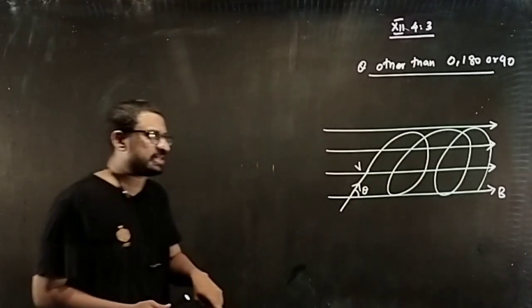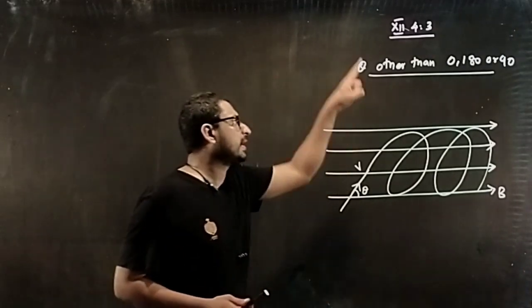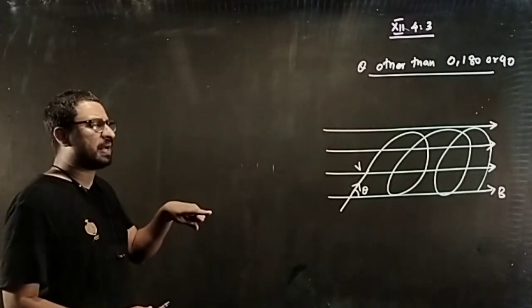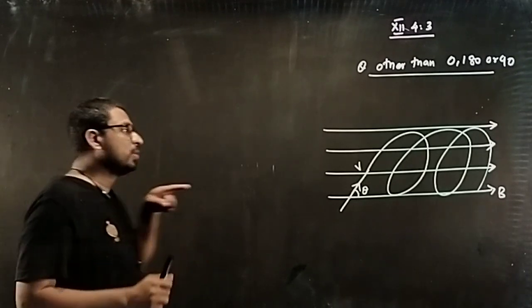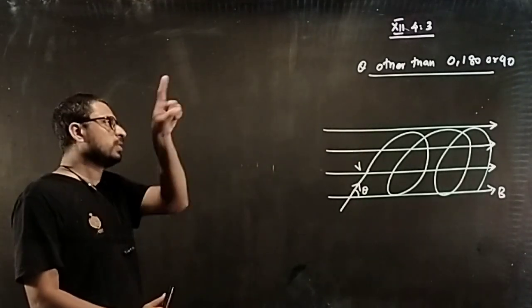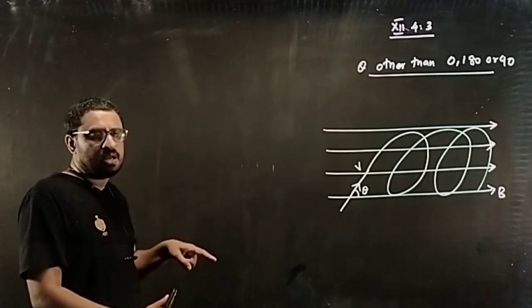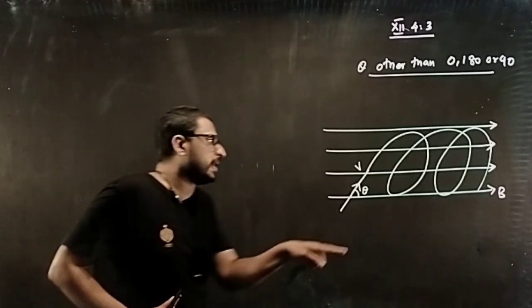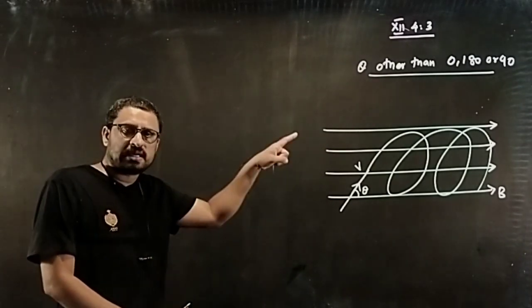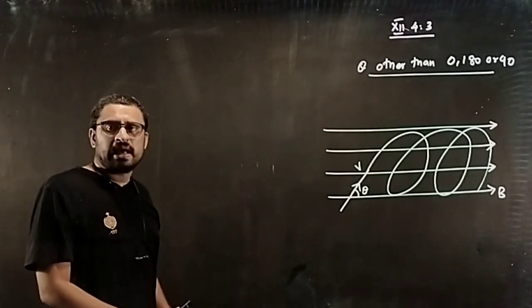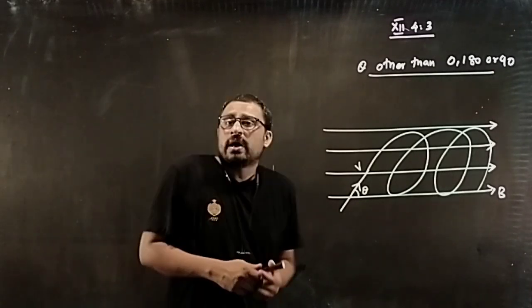What is a helical path? Just like this. How can you make a helical path? In a helical path there is both circular motion and horizontal motion. In a circular motion there is only circular motion happening at the same plane, while here the circular motion changes its plane. The plane changes during circular motion, that is what a helical motion is. And how can you study that?